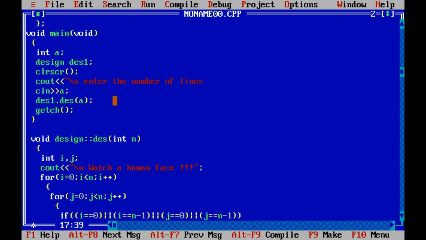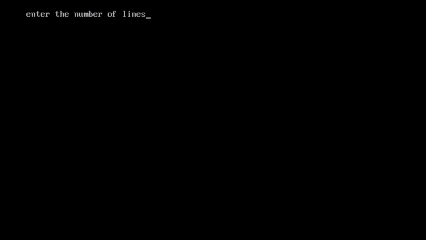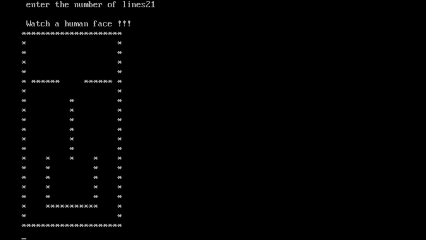Not at this place, but at the void design int n place. Now backslash n, closing the bracket, and now compiling and running it, entering number of lines as 21. We get a human face.